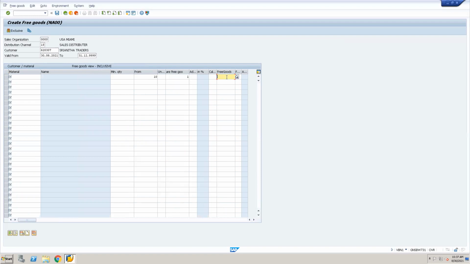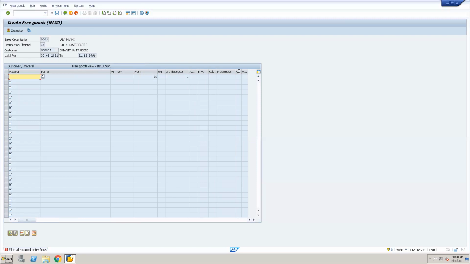Here in the free goods you have opted for inclusive, and the minimum quantity you have kept as 5 or 10, whatever it is, but the free good offer will start from 10. And when you create the order, for this particular material it will take it as 9 plus 1. Okay, that is done, order is saved.